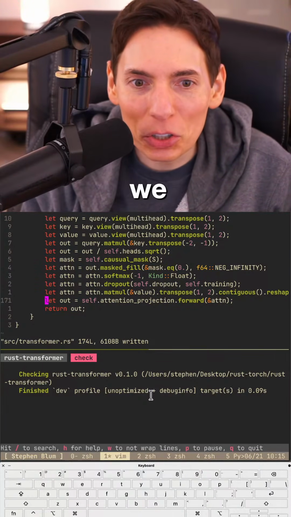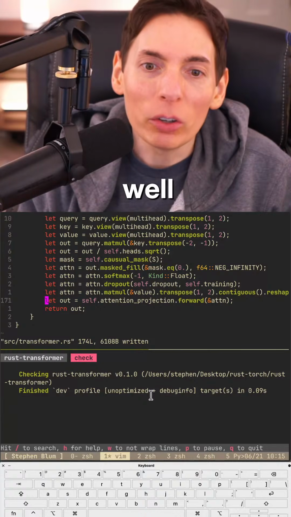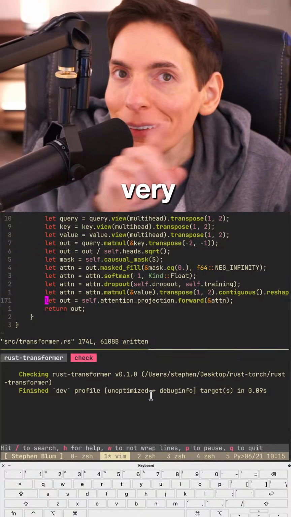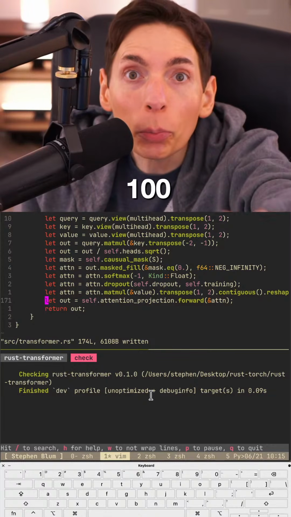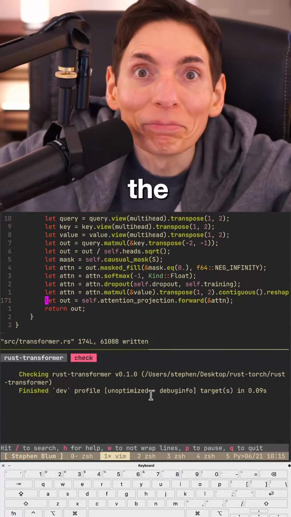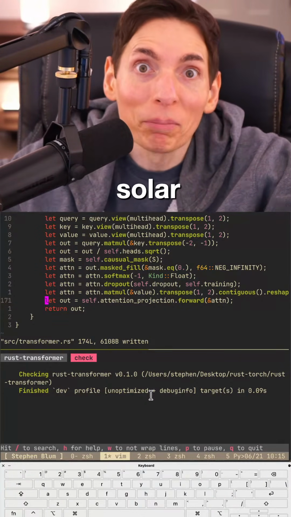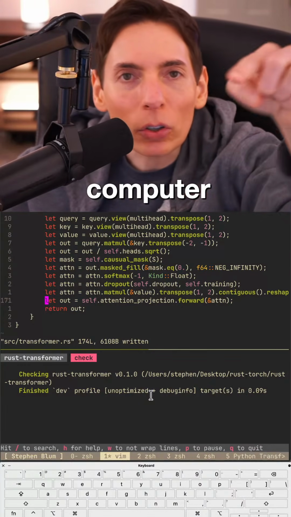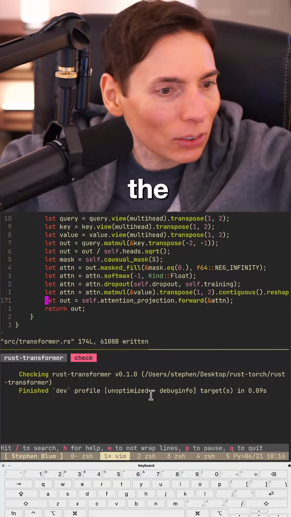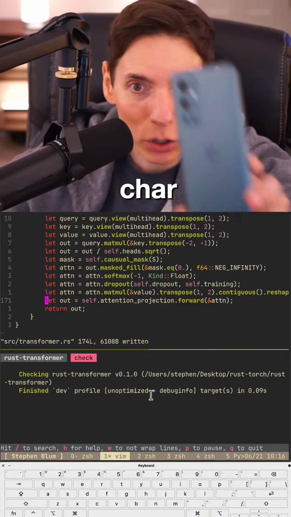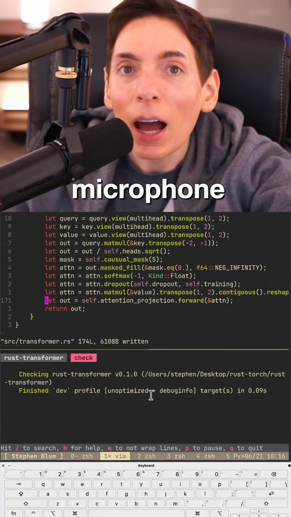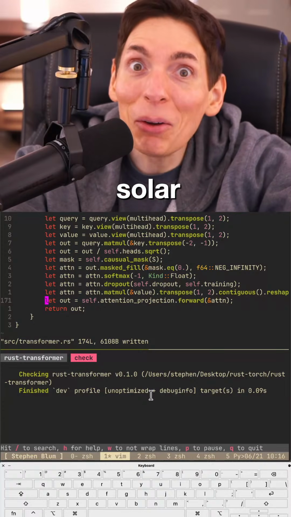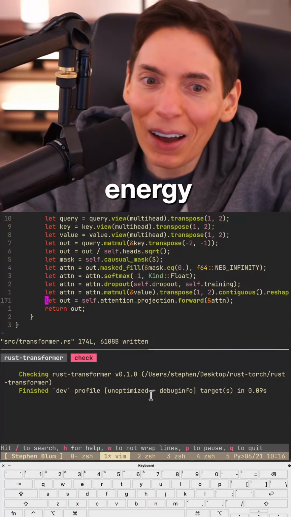Lights waste energy. We should live in the dark. Oh, yeah. Well, you know what? In this case, I'm using LEDs. So I got LEDs all over the place. So they're very light efficient. Also, it's 100% powered by the sun. It is 100% solar. And did you know this entire stream? The computer, the monitor, the camera, the lights, my phone charger, this microphone, 100% solar. Yep, renewable energy, 100% solar.